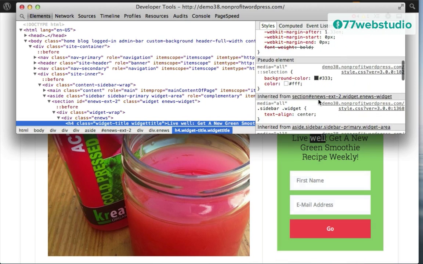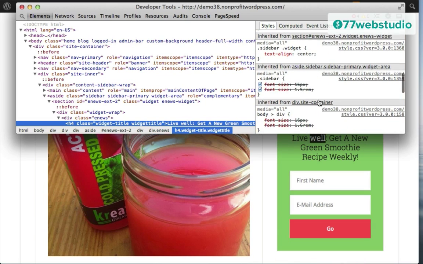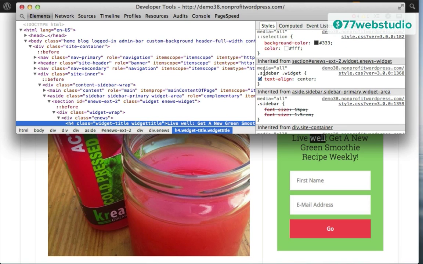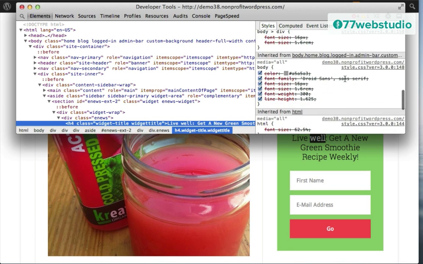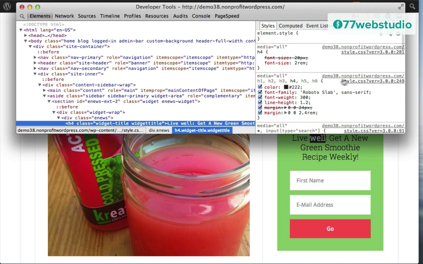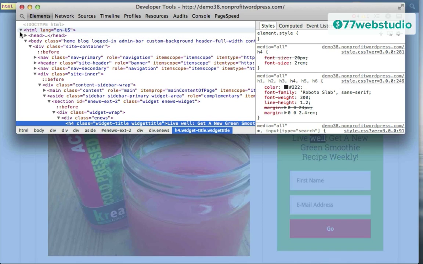So let's find the eNews widget area right here. So we're going to use the same thing. It's going to be .sidebar .enews-widget. Then there will be a space, and then it will say h4, and then we'll have the white color. So that's how we'll do that, because otherwise if I change the H4 right now, if I just use this code right here, that's going to turn all the header 4s throughout the entire site white, and then we won't be able to see some of them because they'll be white on white. So just keeping in mind this is an H4 tag, so that's good to know.